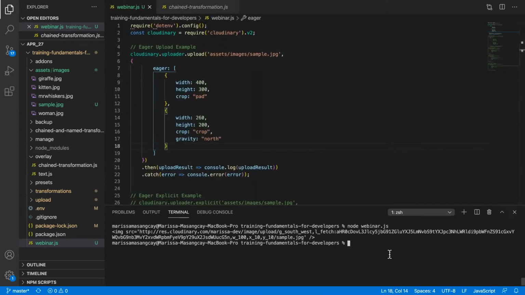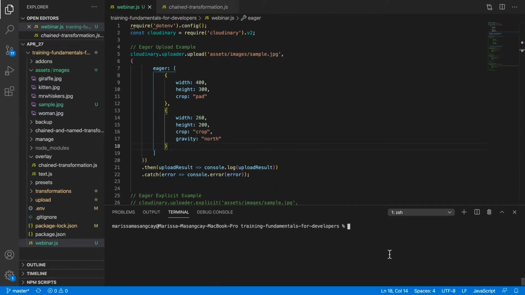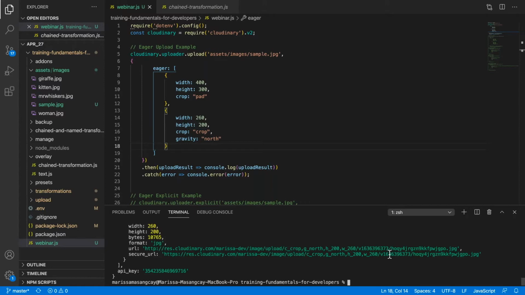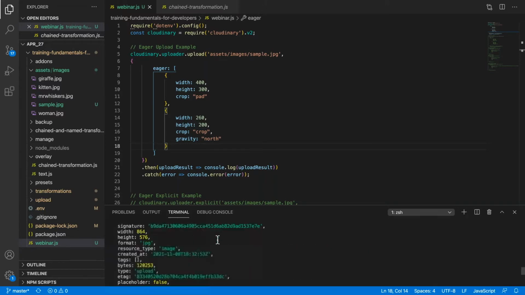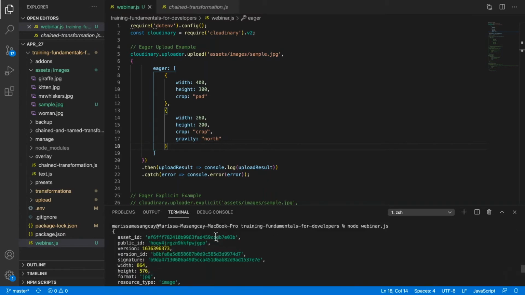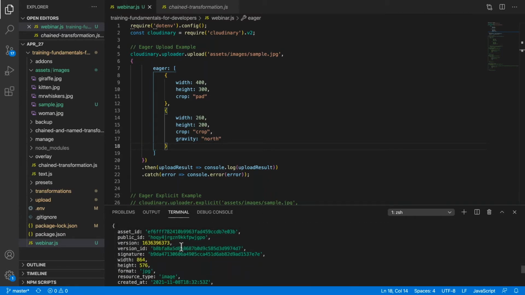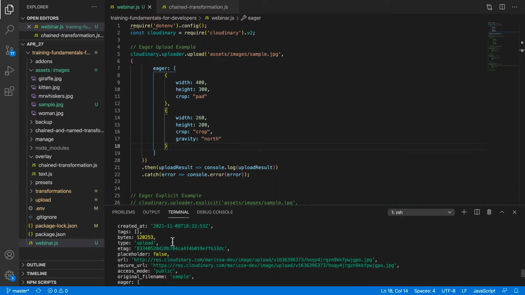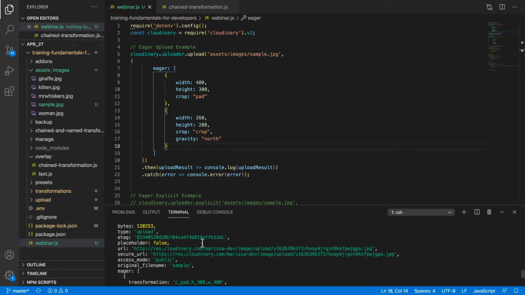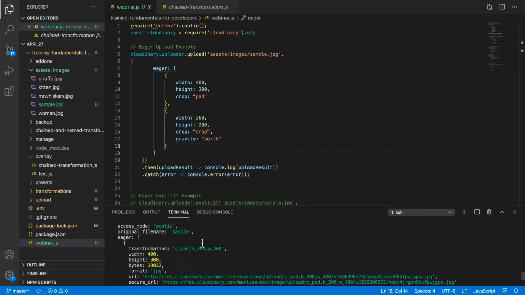Okay, so let me run this. When running this, we would show node webinar.js. Now you can see we got a response from uploading this particular asset. This is what the response would essentially look like here. We've got our asset, our new public ID, version number, signature, and the height and width of the original image. There's a lot that's printed out in the response here, but what we are looking for would be